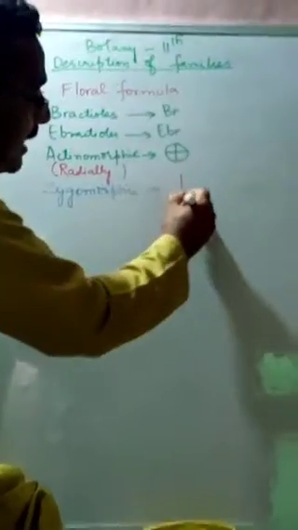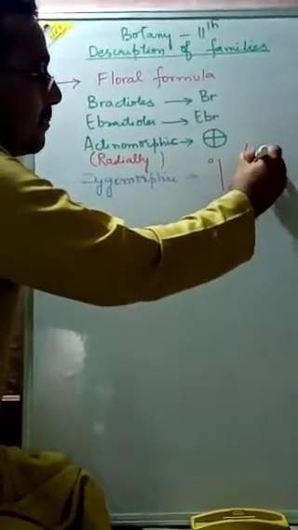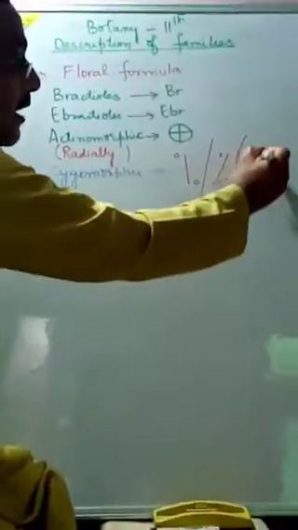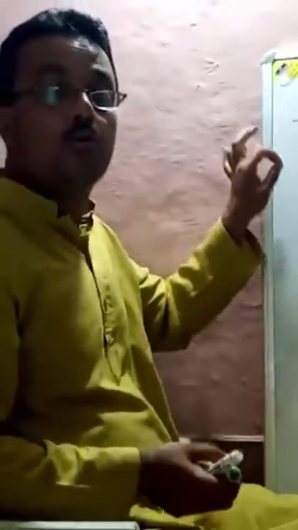ज़ाइगोमॉर्फिक को हमारे पास मुख्तलिफ साइंस है. लाइन डालते हैं इस तरह, या हम इस तरह भी लिख सकते हैं, दैट इज द परसेंटेज जैसे हम लिखते हैं, या हम इस तरह लाइन डालते हैं, देन यहाँ और यहाँ से. This zygomorphic condition, actinomorphic, means when the flower can be cut into two equal parts in any plane.